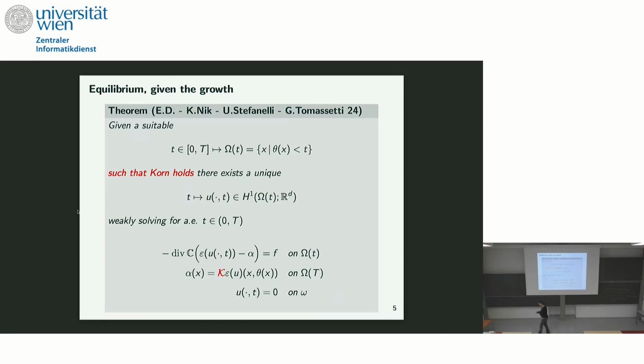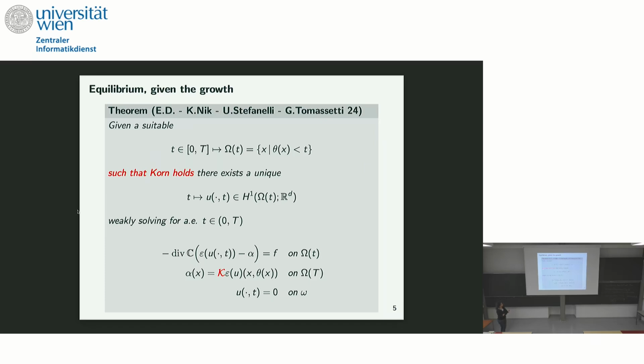And this is the reason why formulating this pointwise is a little bit hard mathematically. And this is the reason why we relax this assumption a little bit. This operator K that you see there is basically a non-local operator that does a little convolution in time and space of the values of our linearized strain. This is meant in such a way that this thing makes sense even if epsilon of u has a slightly lower regularity.